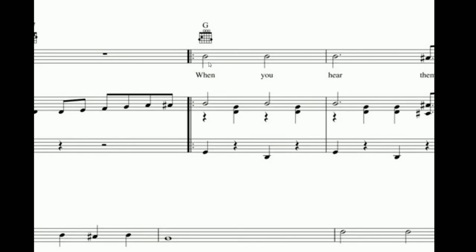Who can tell me what that note is? What the duration of that note is? Multiple choice. Is it a whole note, a half note, or a quarter note? Allison. The one that I'm circling right now on the screen, right in the middle, above the word when. Half note. Good job. What about this note right here